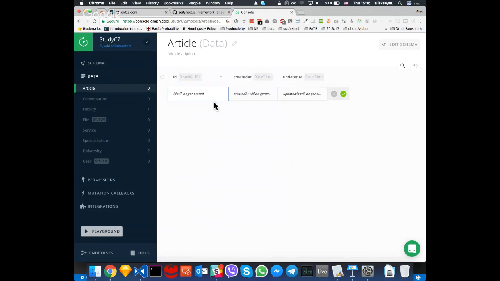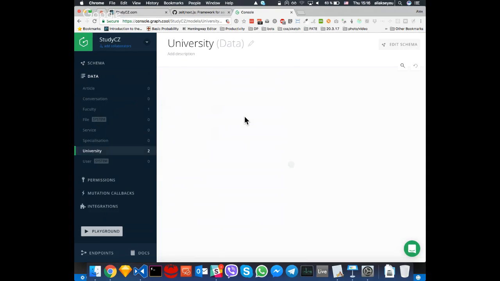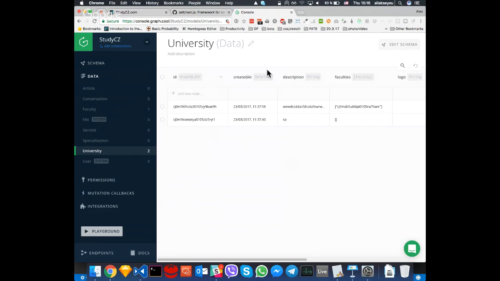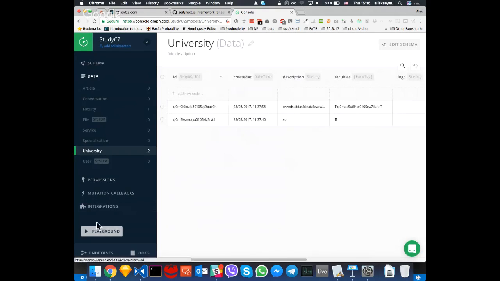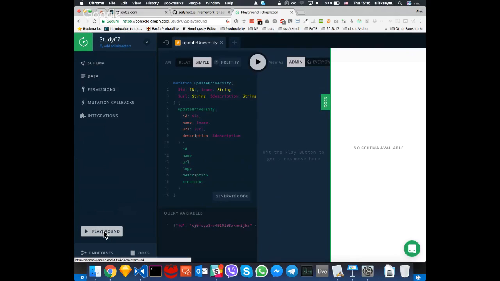And actually the data here, and we go to university, and depending on what fields you created, you can actually add new items right here. You can edit right here by double click. Yeah, and the interesting thing here is that playground. So